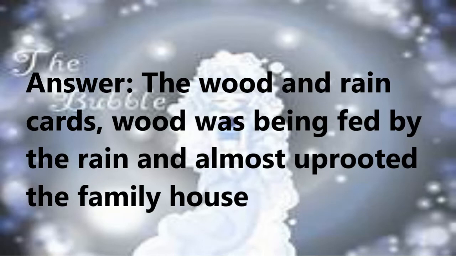And the answer is the wood and rain cards. Basically, what was happening was the wood was being fed by the rain, and it almost uprooted the family house. This happened because